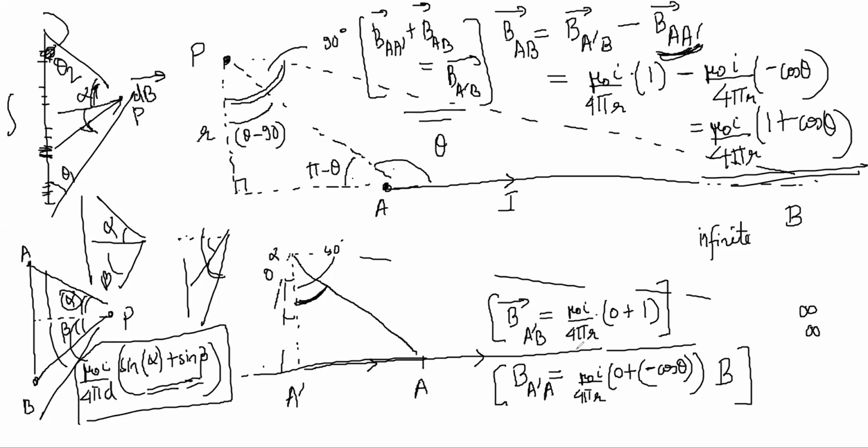If you do it properly, and you still want to use the formula, that is why I did A dash B, because I still want to use the formula. I made the semi-infinite length from A dash to B, where this side alpha is 0 and this side beta is 90. For A dash to A, this side alpha is 0 and this side beta is 90 minus theta, and so on. Then I'm subtracting the relevant one.